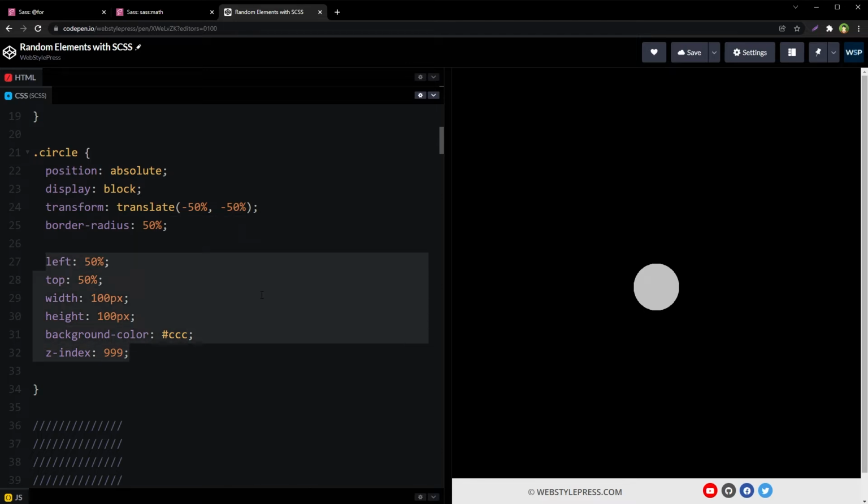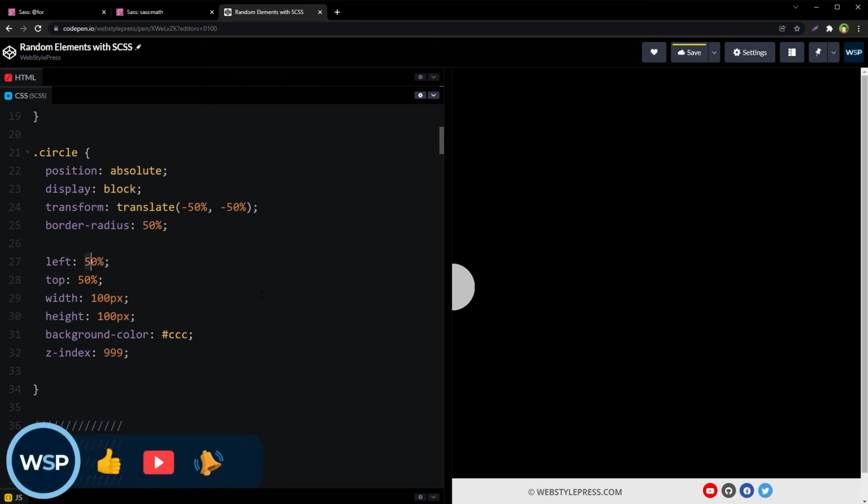We will use variables for property values, and then in for loop, values will be assigned to these variables. Like instead of this value, we can use variable here to make these properties dynamic.